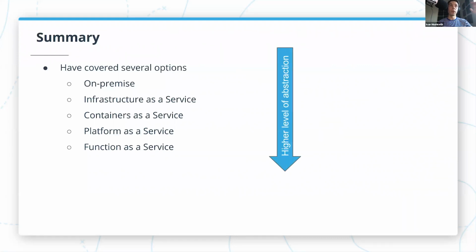Now, the more we go down this list, the higher the level of abstraction we use. So if we use on-premise, then we have to take care of everything. If we use function as a service, then we just need to focus on our code. However, I would say that the lower you go on this list, the less control you have over your infrastructure. Of course, when you use on-premise, you can select what hardware you use, you can select how to configure it, while if we use function as a service, then we don't have any control over hardware that we use, any control over infrastructure.